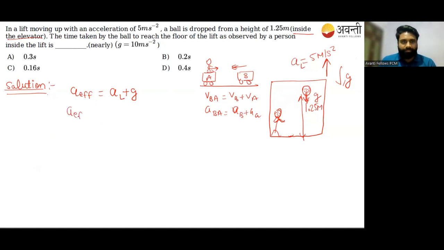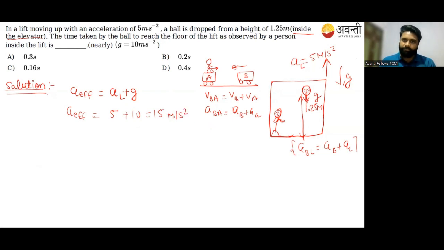So the effective acceleration, or you can also write it as the acceleration of the ball with respect to the lift, is the acceleration of the ball plus the acceleration of the lift, because they are moving opposite to each other. The acceleration of the lift is 5, the acceleration of gravity is 10. So it will become 5 plus 10, which is 15 meter per second